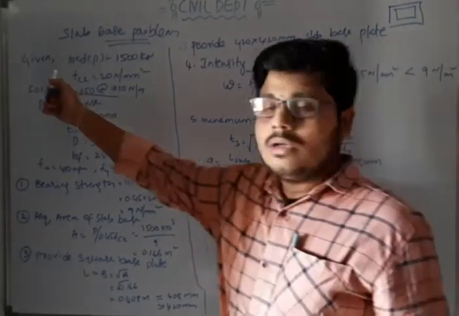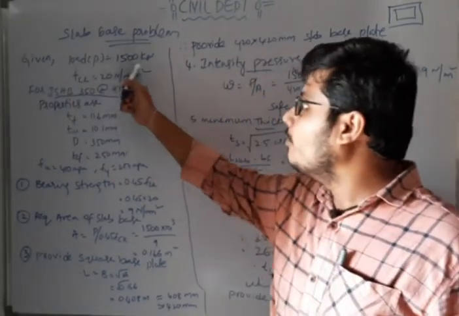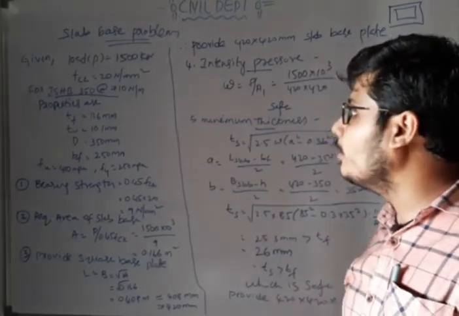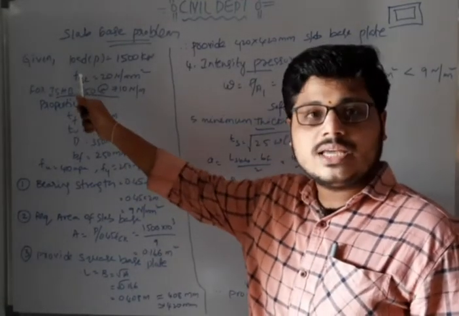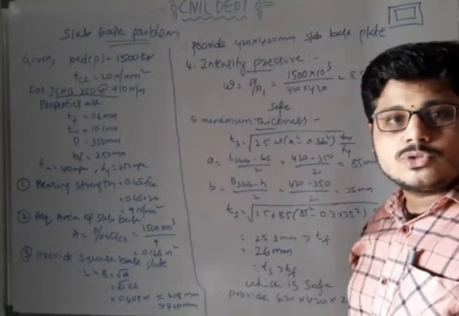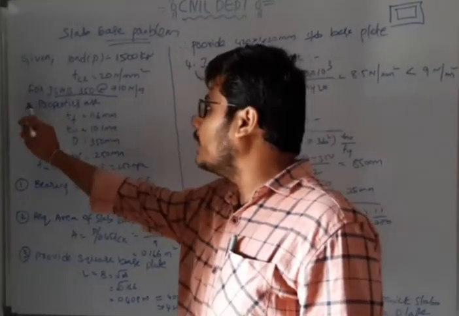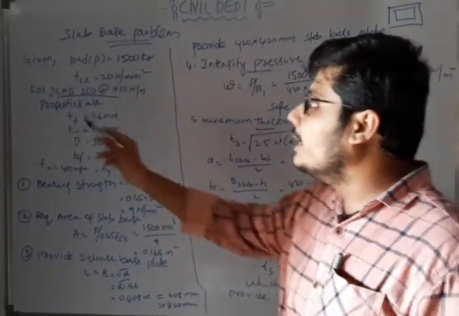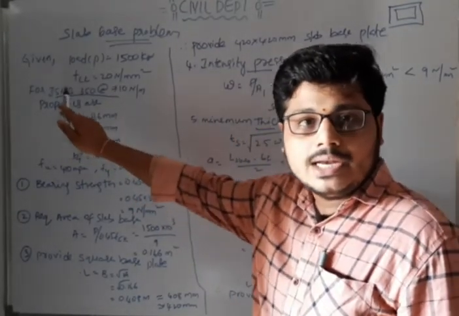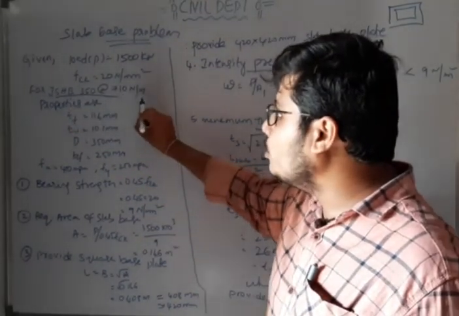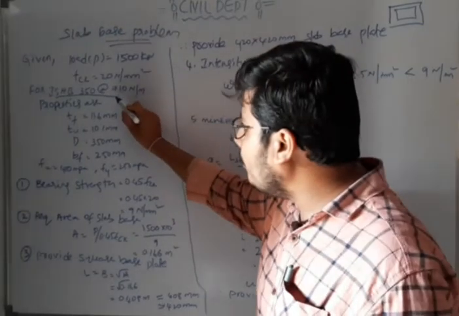So first, in the given load, P is equal to 1500 kilonewtons, and fck is nothing but the strength of concrete, 20 Newton per mm square. So here we have the section ISHB. ISHB is nothing but Indian Standard Heavy Beam, 350 at the rate of 710 Newton per meter. So these are the properties of